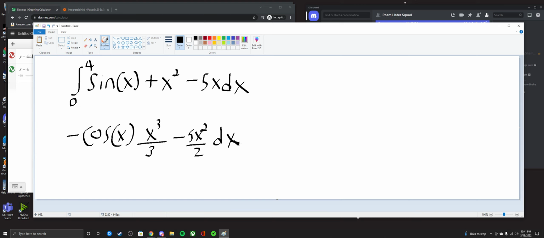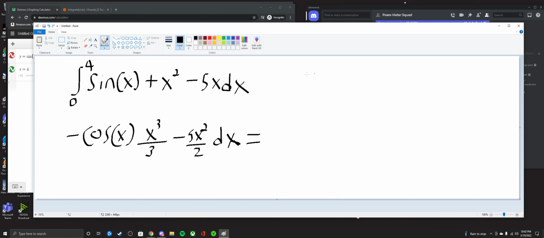Now, since we're starting at 0, we don't have to consider any other intervals. We don't have 0 to 1, we don't have to do 1 and then subtract the values or anything. We can just plug in 4. If we do that, we can compute this one out first. So 4 to the third is 64. 64 over 3 is